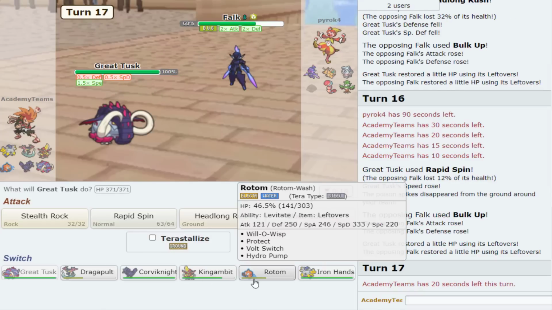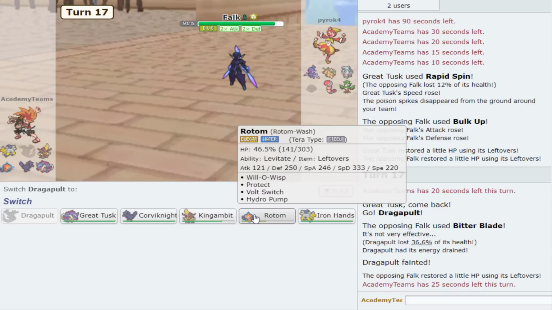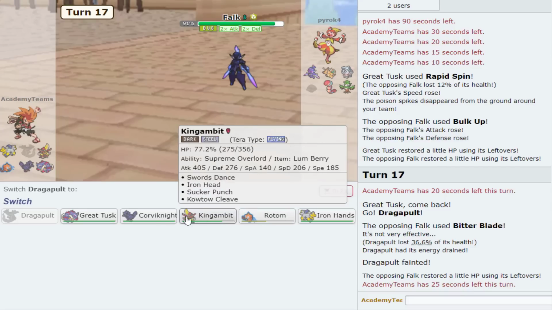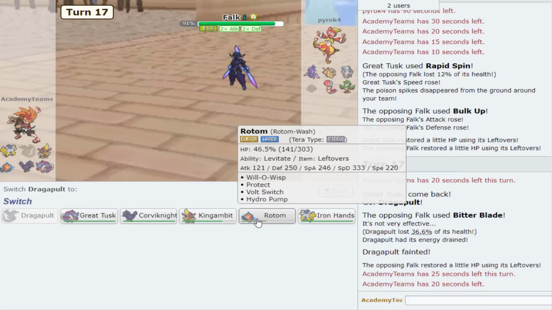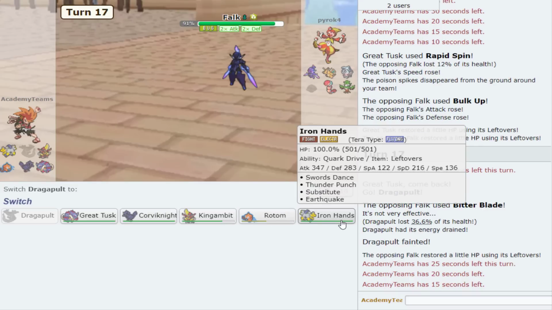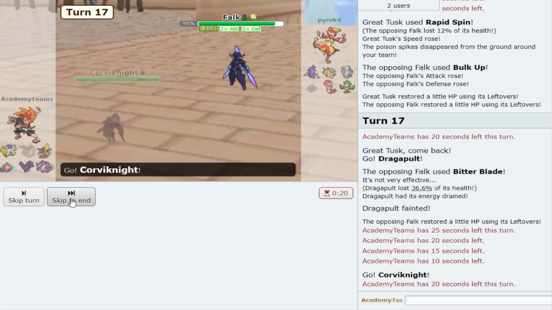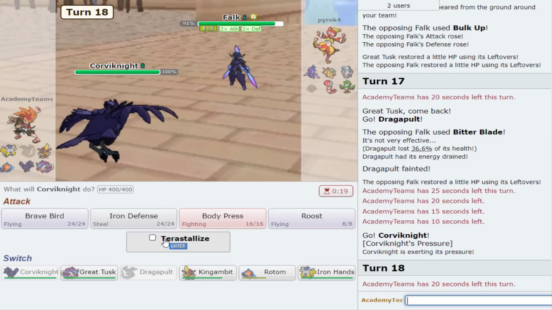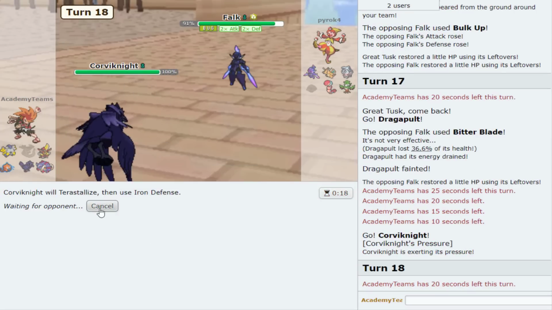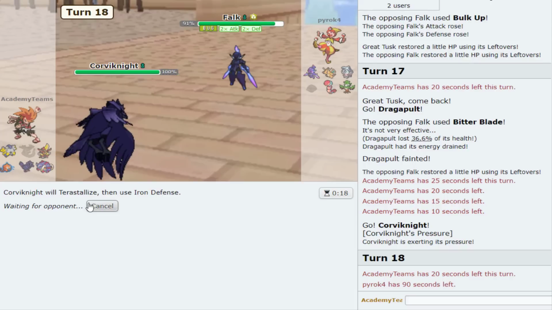He bulks up. So I have to give Pult up. See Bitter Blades. I guess Rotom can't Wisp because I'm not a... yeah, I guess I didn't factor that in. Corviknight. So I'll Terra Water Iron Defense here. If he taunts, so be it. Because I have to... I don't want him...